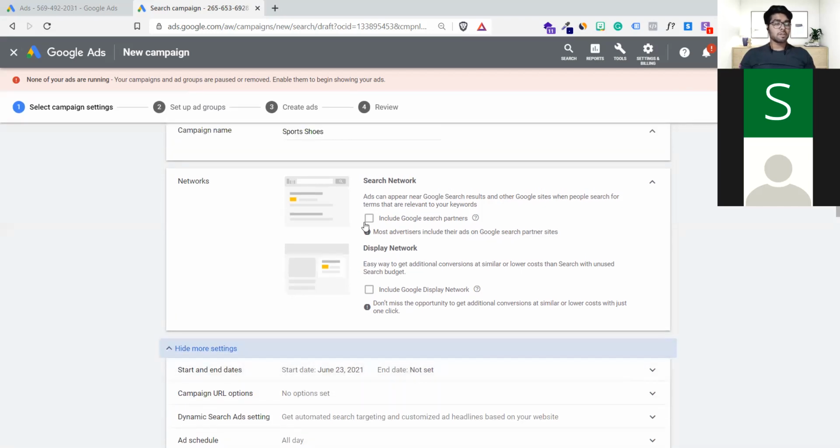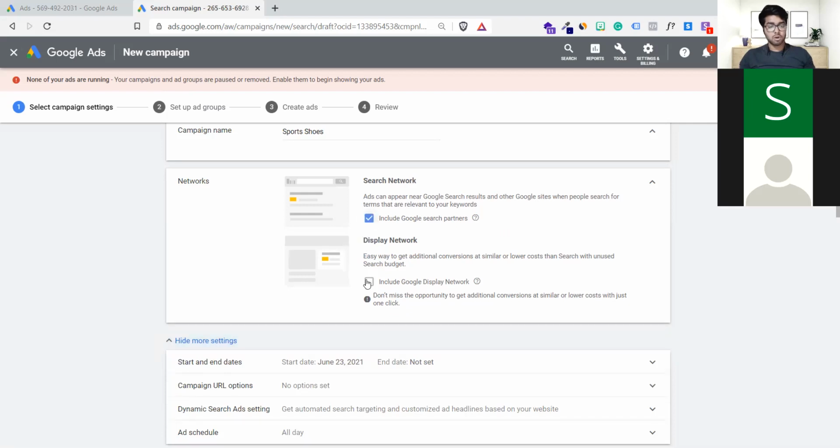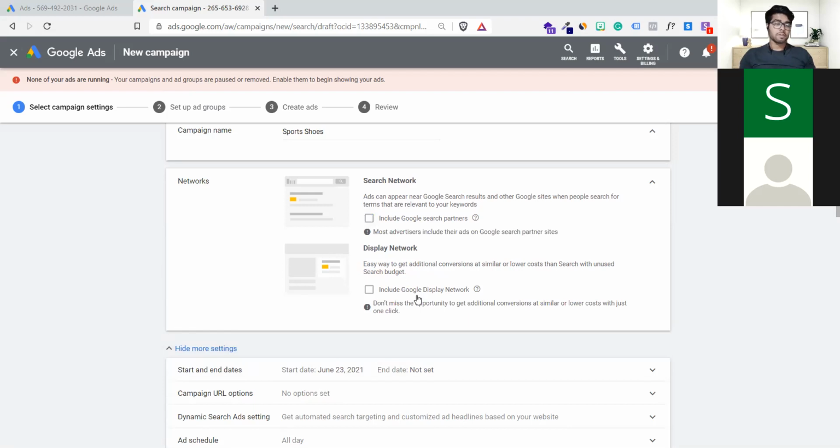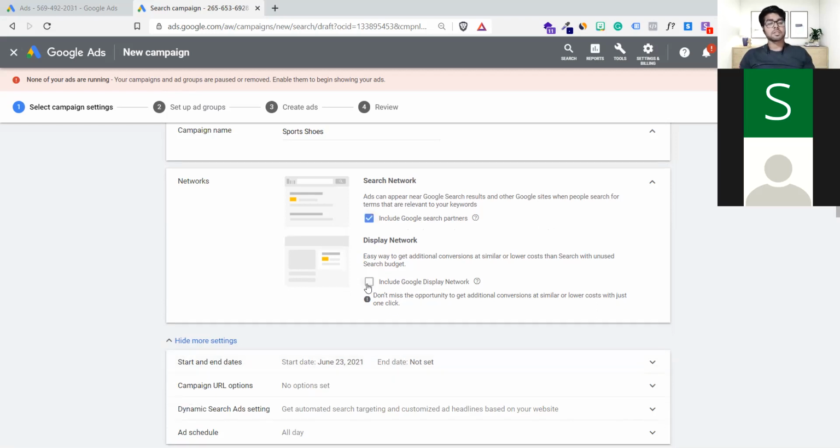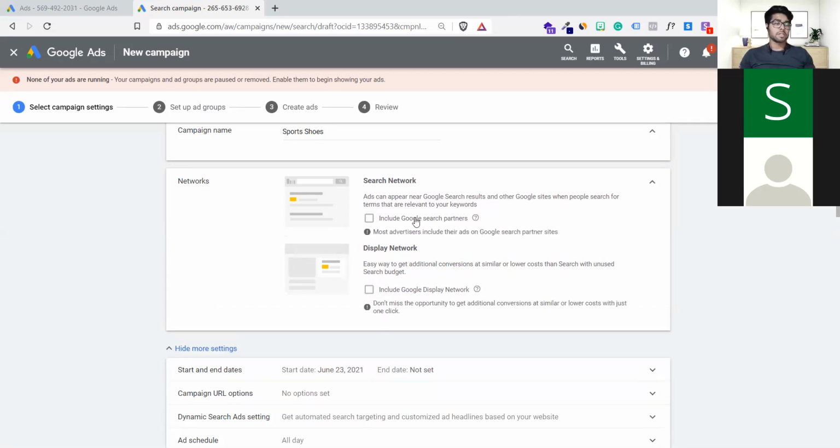By default, it will be turned on. Sometimes it really helps you to generate conversions, but it totally depends. Again, you can do A/B testing. You can try with this on and off. But in my cases, majorly I keep this turned off. And if I have to show this on particular networks, I create a separate campaign and test whether it's working or not, because this will also consume your money a little fast. So you can disable this, it's up to you. As of now I'm just disabling it, because I want highly targeted traffic from search queries only.